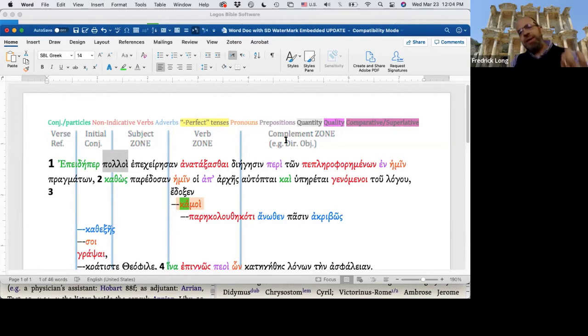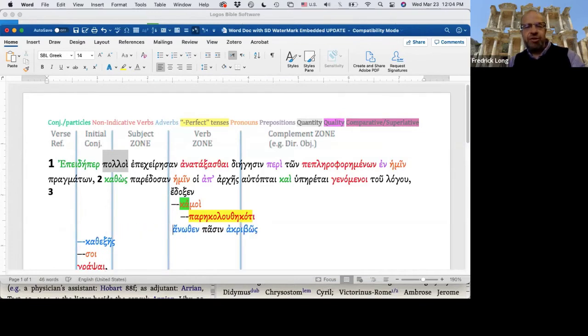And if I were to schematize and re-envision this approach, I would probably include it as a complement. Right now, I include datives, and particularly datives of indirect objects. I'll put them underneath the verb, the verb as the indirect object. Now, me seemed good to me as being modified by having followed. And this is really a perfect tense verb form, which is usually yellow highlighted. When I copy and paste the Greek text into Word, this is a Word file, it doesn't come over with all the highlighting.